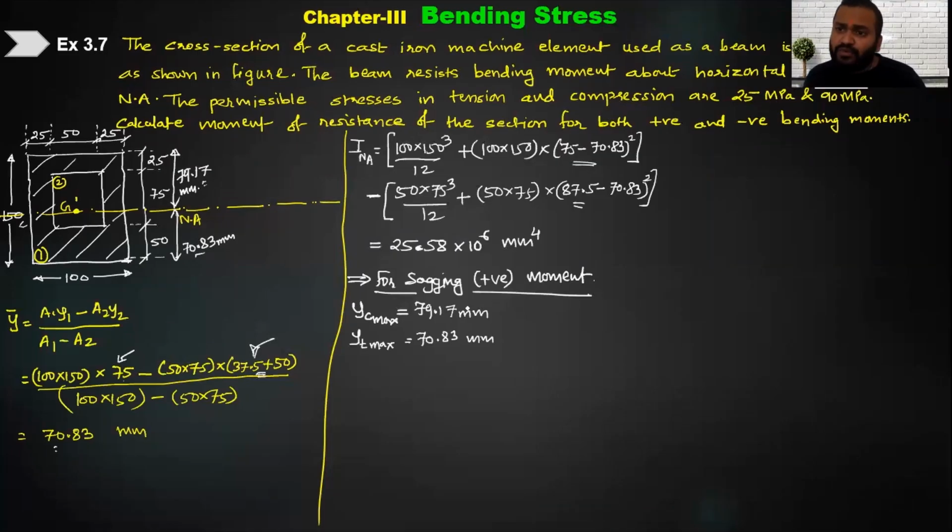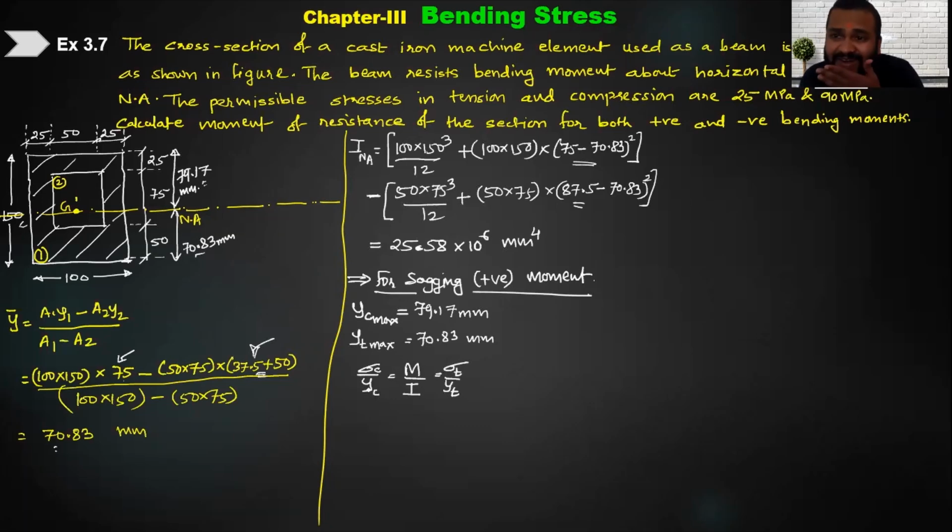ओके, नाउ व्हाट इज माय फॉर्मूला? What's my formula says? My formula says that कि sigma by y equal to M by I. I know that कि sigma by y जो होगा वो होगा M by I की तरह, बराबर ना? पर जो भी मोमेंट आएगा ये कांस्टेंट, मोमेंट तो कांस्टेंट है, ठीक है, इनर्शिया भी कांस्टेंट है, बराबर ना? मोमेंट कांस्टेंट, इनर्शिया कांस्टेंट, तो मतलब सिग्मा बाय y क्या रहेगा? रेशो सेम रहेगा। मतलब मैं ये सिग्मा C by YC लिख सकता हूँ, और else I can write down this as sigma T by YT।